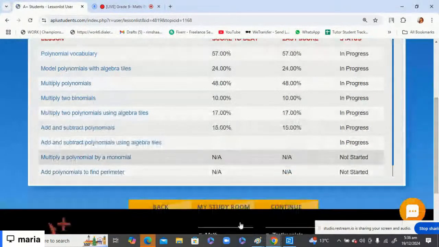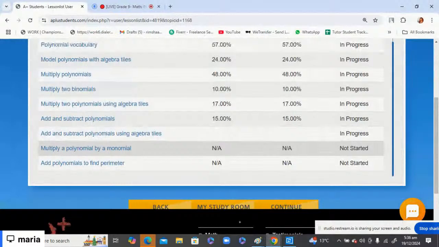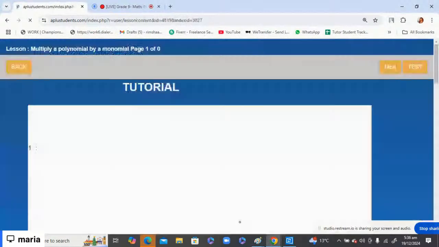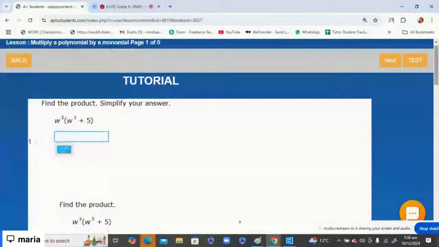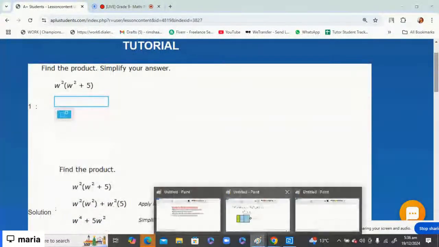Multiply a polynomial by a monomial. Here, find the product and simplify your answer. Okay, it's just a multiplication now. For example, here